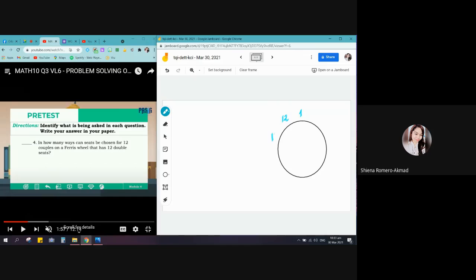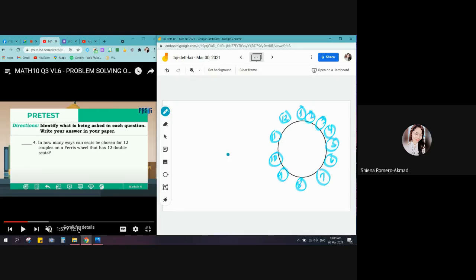12, 11, 10, 9, 8, 7, 6, 5, 4, 3, 2, and 1. So there are 12 double seats. Isipin nyo na naka-attach yan sa Ferris wheel. Okay? So kung ganon,